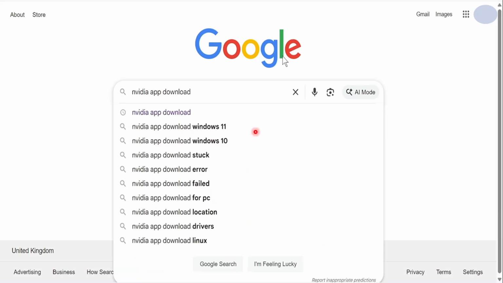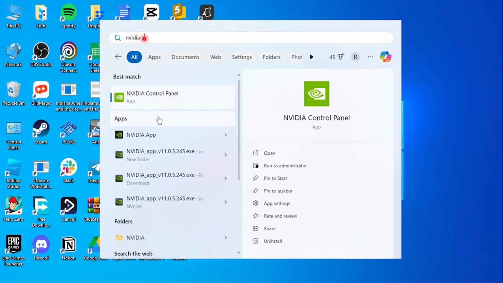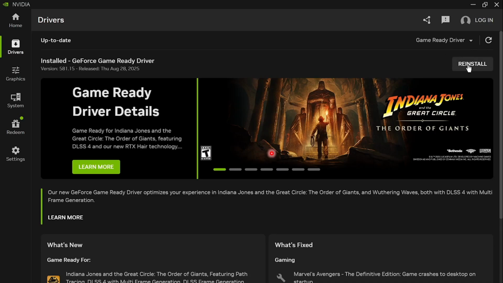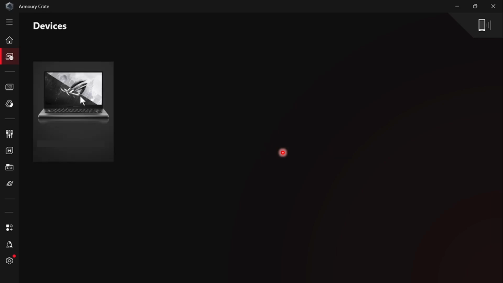You can also go to Google, search up NVIDIA app download, go to the first link, download the app, okay, and that should help you with it. You just search up NVIDIA control panel, you can open that up and use it from here, okay. You can also go ahead and reinstall all your drivers. That should also help. Now, you can also go ahead and open up Armoury Crate if you have the app,